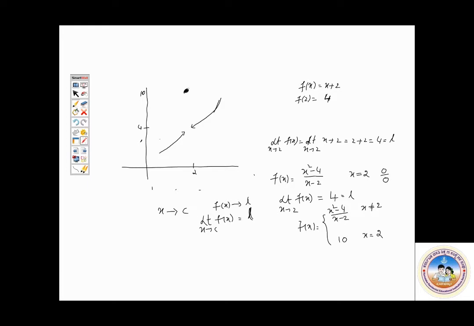This is about the limit value, where from both the sides it is approaching. You are going nearer to 2. Limit value is 4. Functional value is 10. Now our chapter starts from here about continuity and differentiability. I hope you have understood what is meant by functional value, what is meant by limit of a function, and how we define different forms of the function.